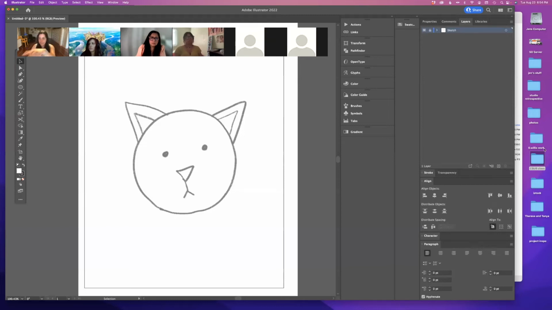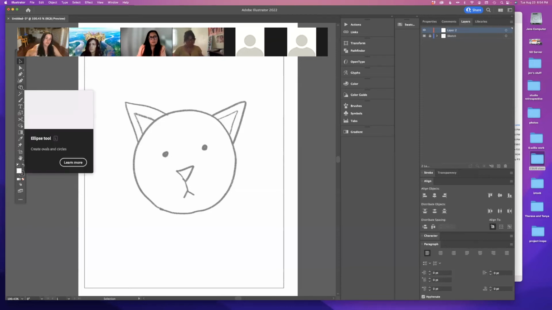Then down here, I'm going to add a new layer on top of that. See where I just hit the plus sign at the bottom of my layers palette, and a new layer went on top, and it's called layer 2. Now I'm going to look at the sketch, analyze these simple shapes, and essentially color it in and draw a full color version of this cat. So what does a cat consist of? It's a circle and triangles, essentially.